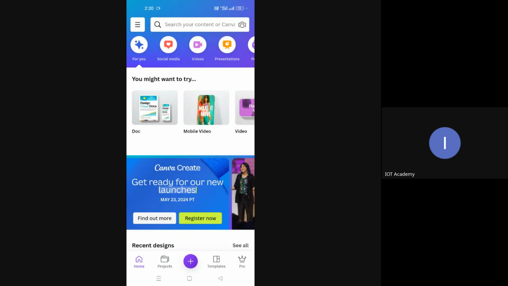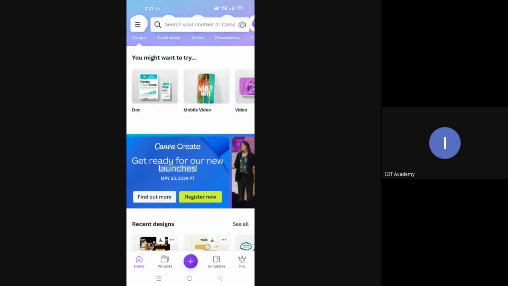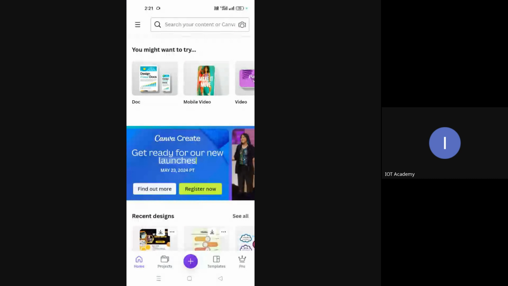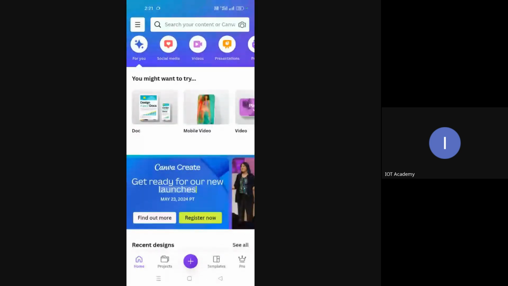You have to go to your Play Store, either on your laptops or on your mobile phones. Just type Canva, a designing application. You will see the Canva logo in this form, the Canva create. So this particularly you can identify the way it is written and choose it, tap on it and start downloading it. It is freely available.